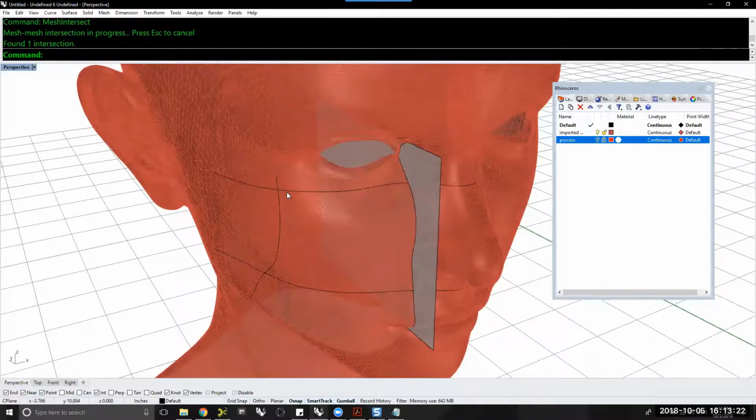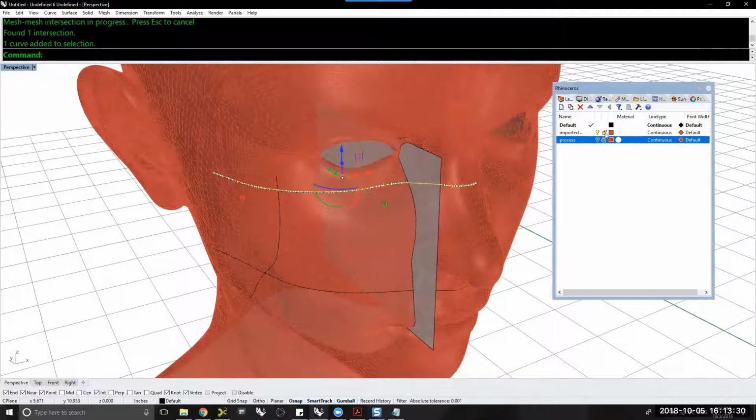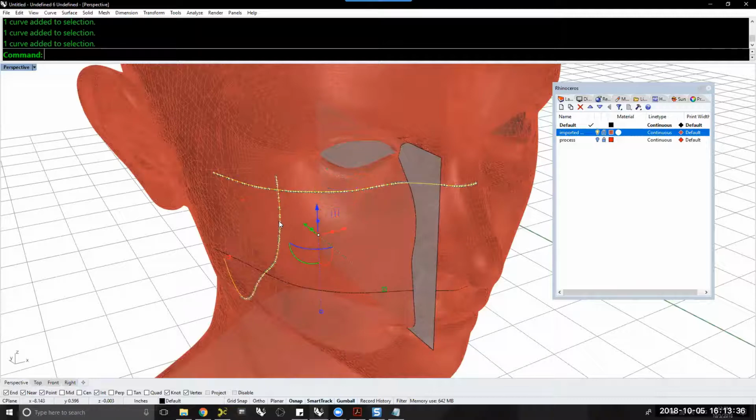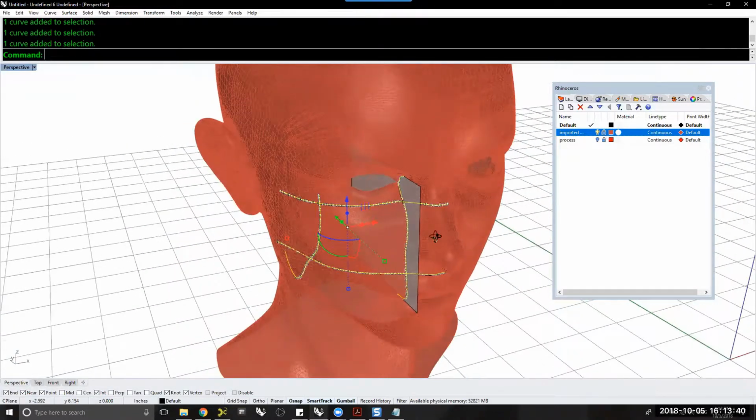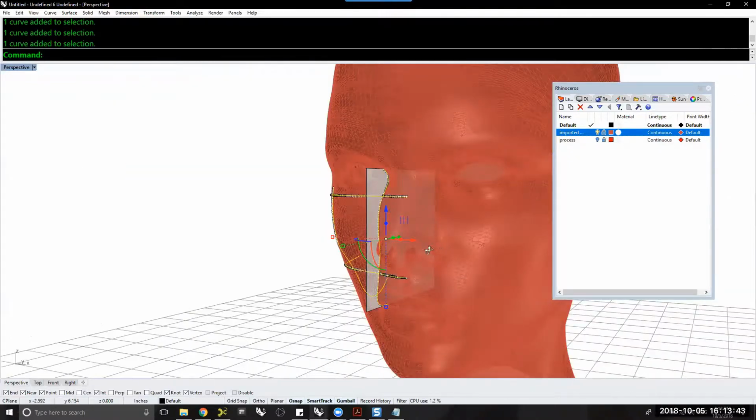I am going to grab every single curve. So that it doesn't interfere with me clicking on it because the mesh is there, I'm also going to put a lock on the imported layer, which is where the mesh is. That way I can't click on the face. I just grab one curve, shift the other one, shift the other one, shift the fourth one, sorry. So I grabbed the 4